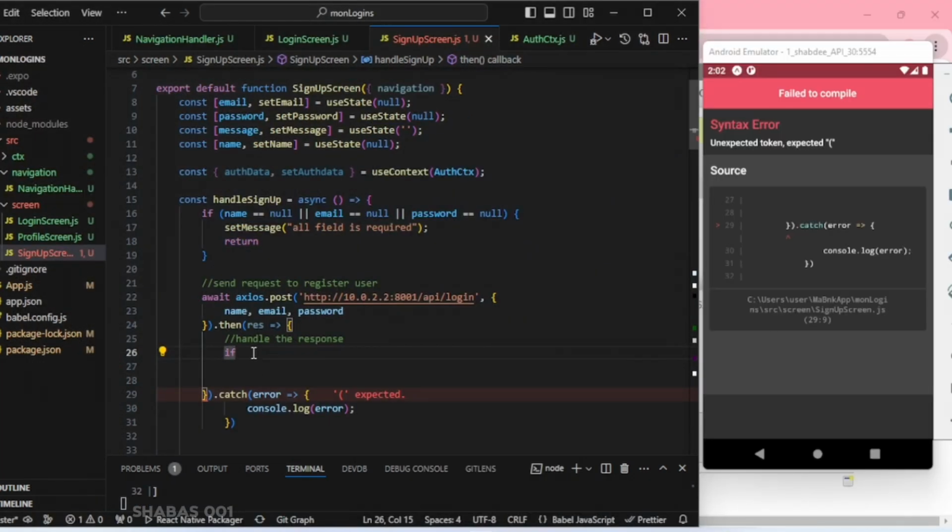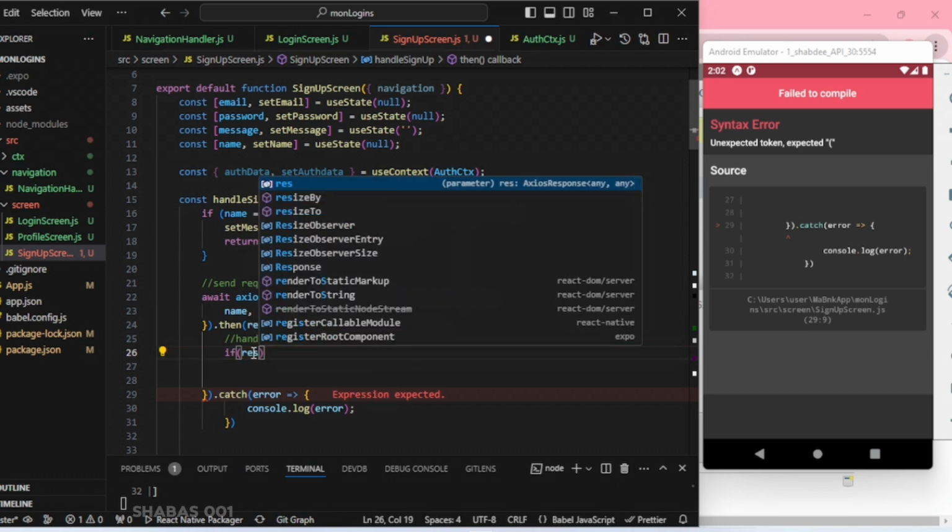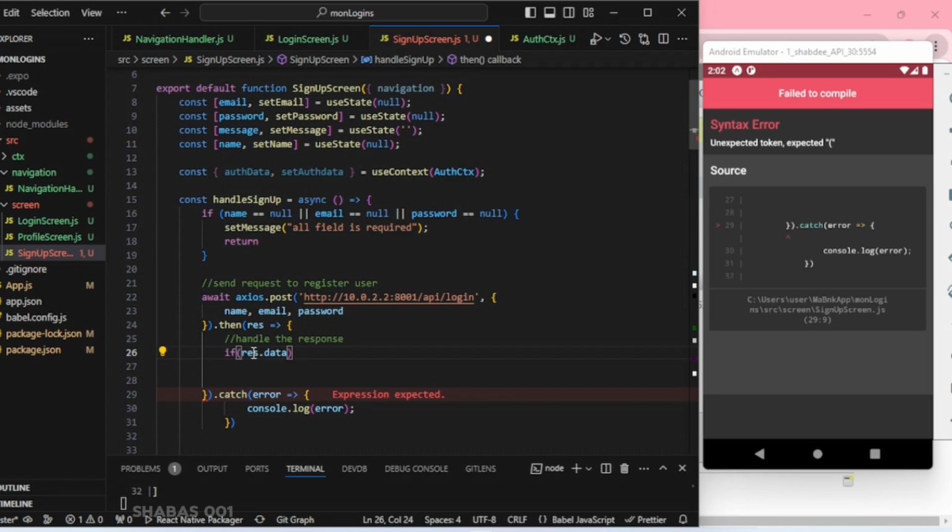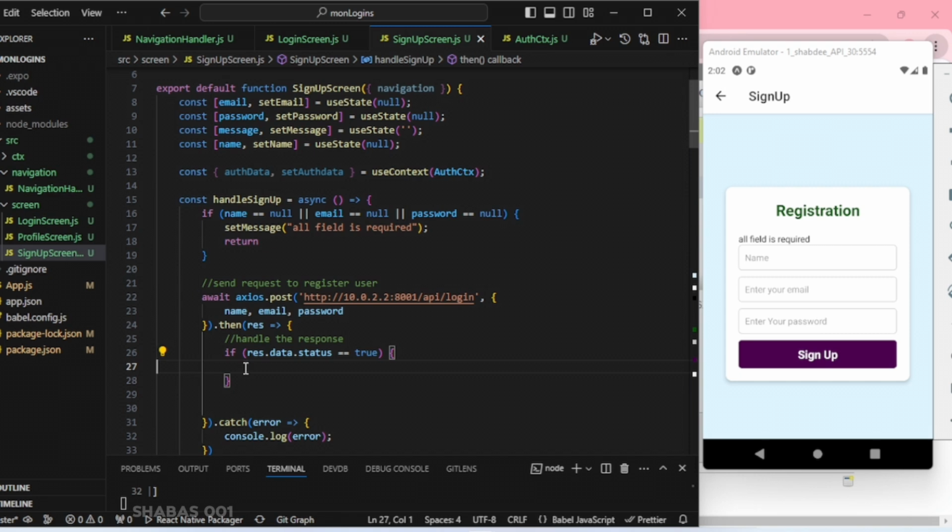So if res, the response that is coming, dot data dot status. Now I can leave it like this. This is true. Well, let me put this through here for reading purpose. If res data